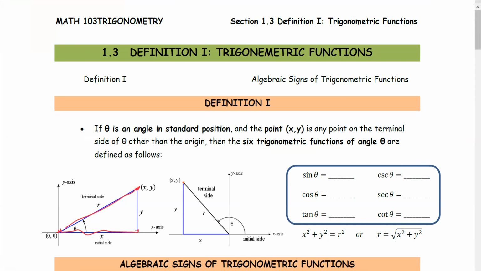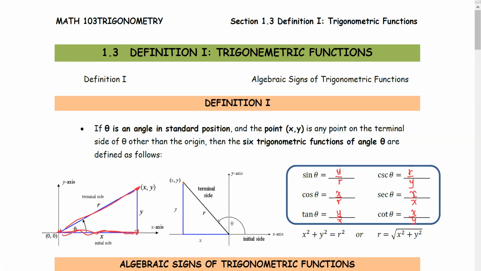The sine theta is y over r. Cosine theta is x over r. The tangent theta is y over x. The cosecant theta is the reciprocal of the sine theta, which is r over y. The secant theta is the reciprocal of the cosine, which is r over x. The cotangent theta is the reciprocal of the tangent theta, or x over y,